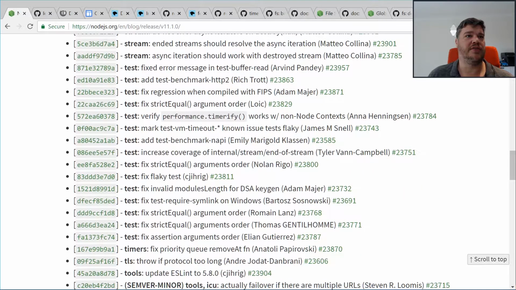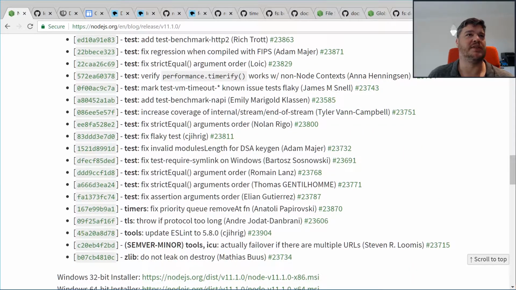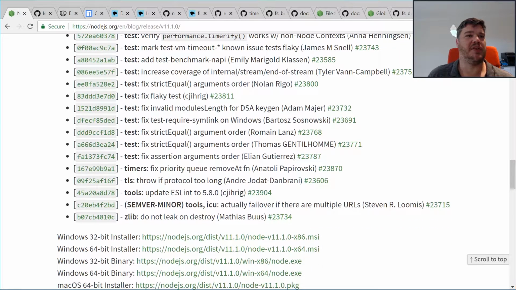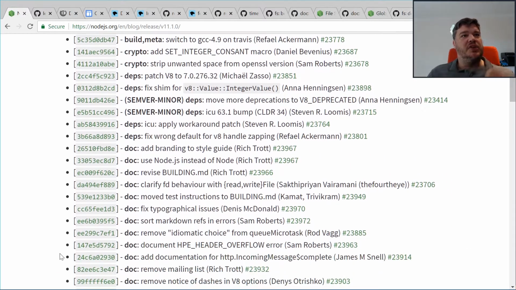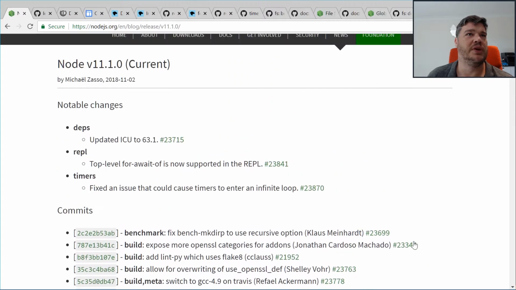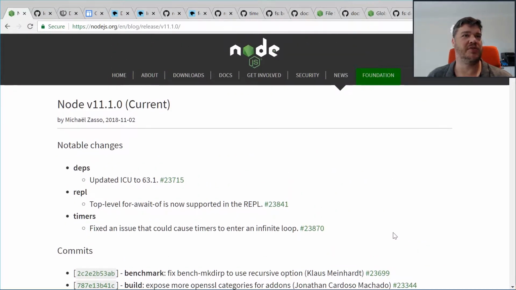Lots of test changes as usual. Normally just skipping over them is fine. Timers, this is a bug that was fixed that was fairly important that I'll be digging into as well. A couple other minor things, including another ICU commit. Nothing particularly risky in here, I would say. So I would hope that there's nothing in here that's going to upset people's workflows and find major bugs, but